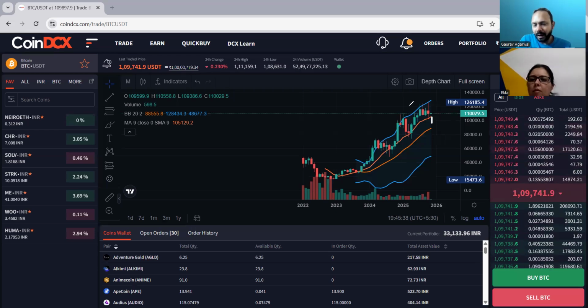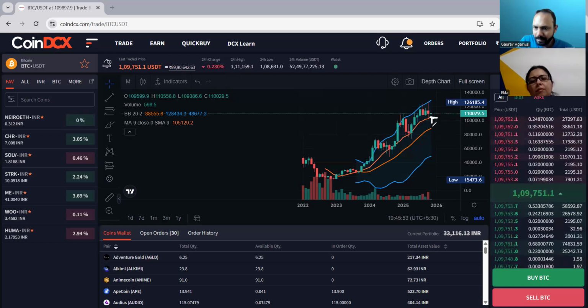So either you can take the decision on 30th of November or you can take it now also, because it is near the support line. Fine. Yes, sir. Some parts like that you can invest, right? Or you can do the SIP, weekly or monthly, whatever amount you feel, and do it. Because we don't know whether the Bitcoin will come here or not, right? We don't know. That was my question.